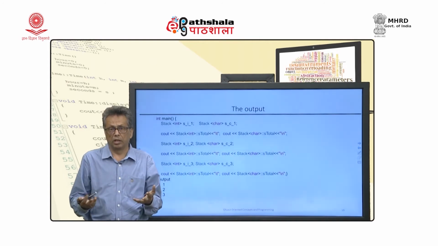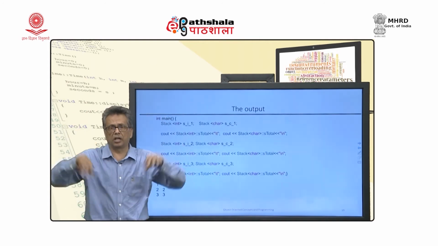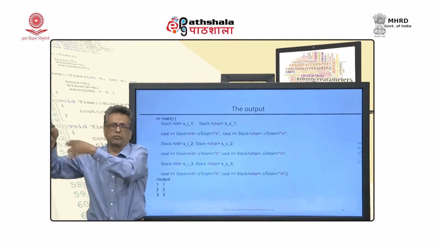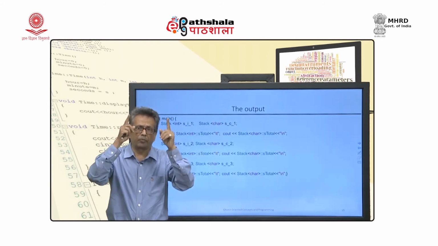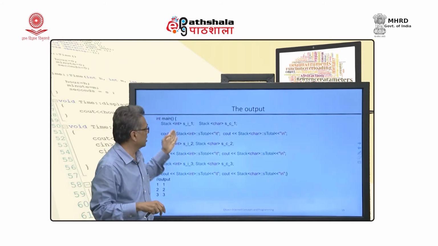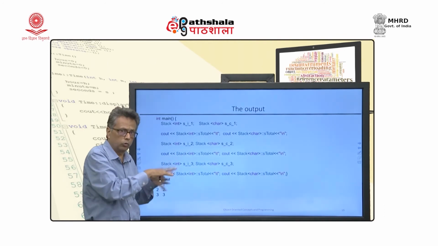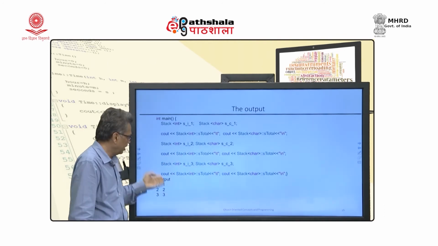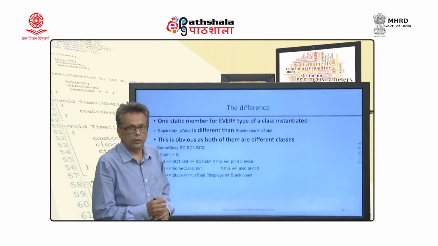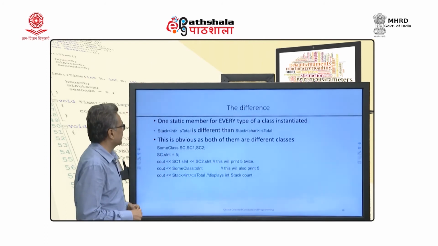very natural. Let there is a single template class, but I have got two overloaded classes, one for int, the other for float, and int S total is different than char S total. Okay, so, you can see that I am defining and using both of them separately, and I get these values. Okay, what is the difference actually?